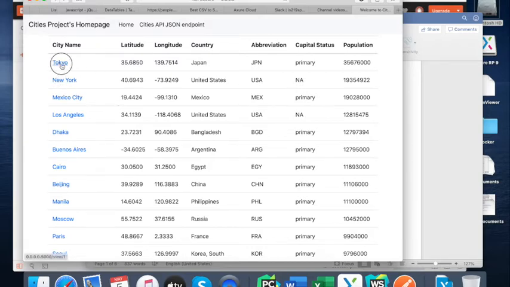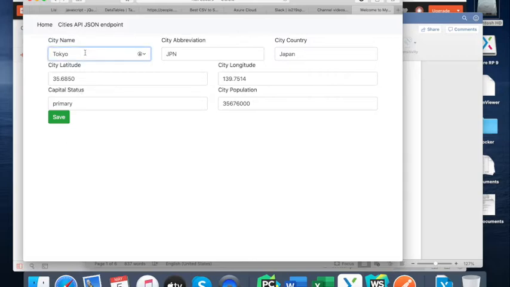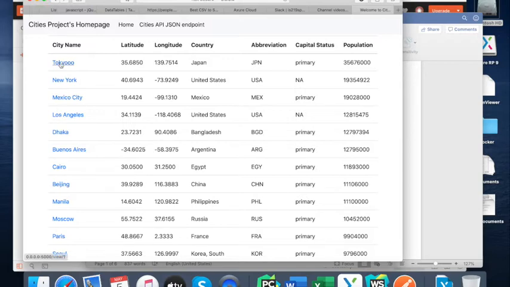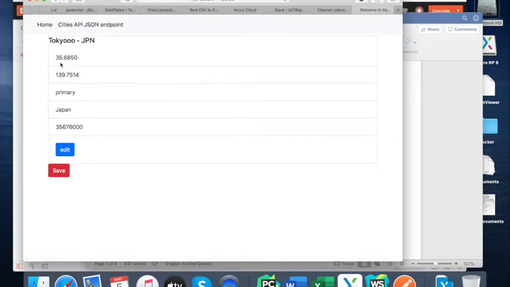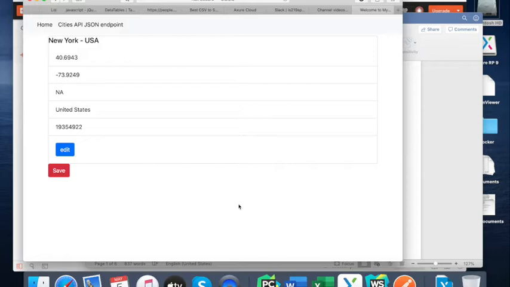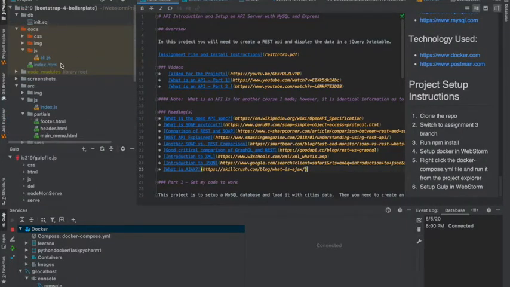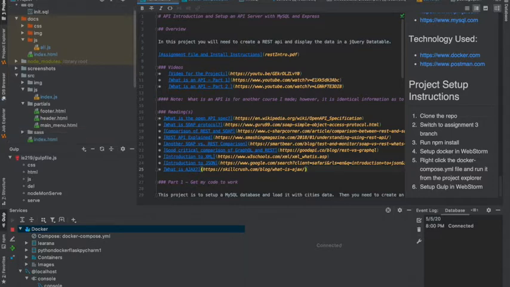And we have a link here. We can view the record, edit the record, save the record, view the record, and we can delete the record. And I'm gonna fix this button for delete, and I'll just show you how to do that, because right now it says save. What we do is, oh my bad,